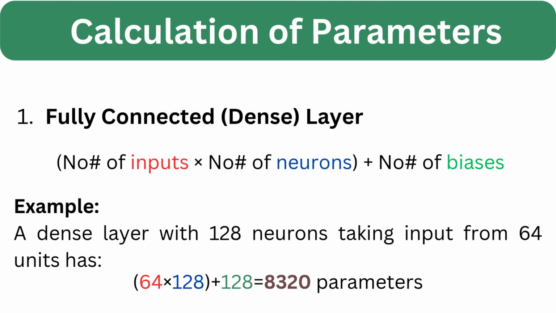For example, if a dense layer has 128 neurons and there are 64 inputs to this layer, then the formula would be 64 times 128. 64 inputs, 128 neurons. And then we will add bias to it. So the number of neurons is 128, so 128 biases will be added. So the total trainable parameters on this layer would be